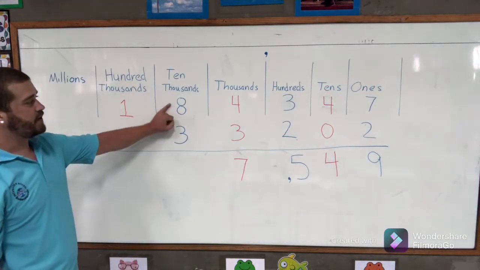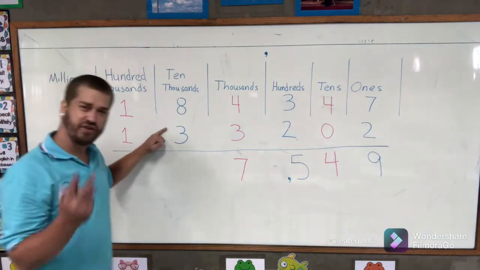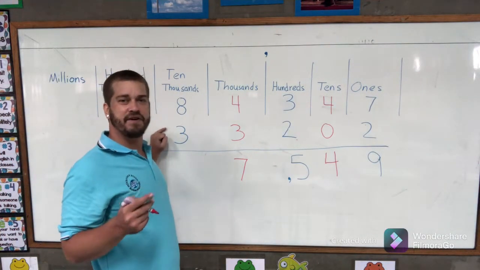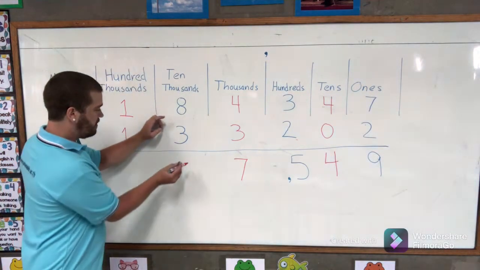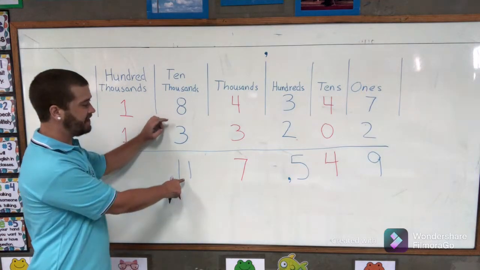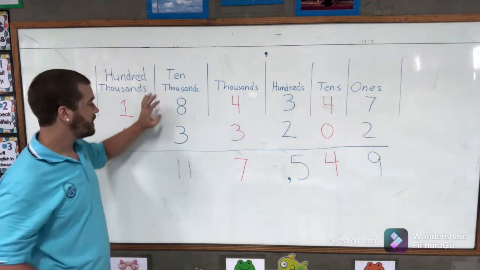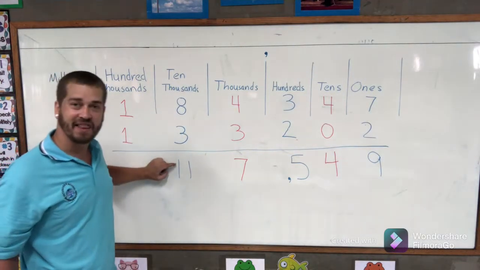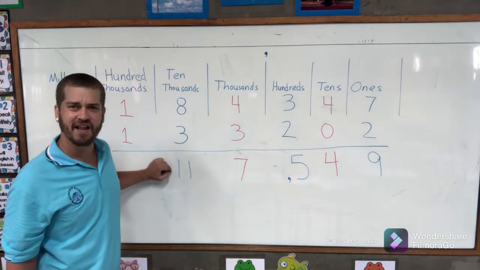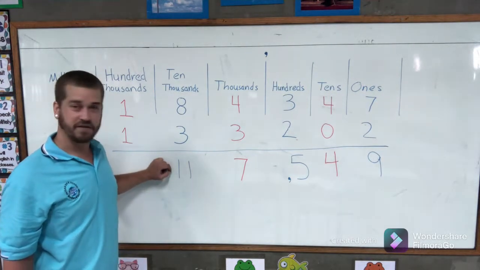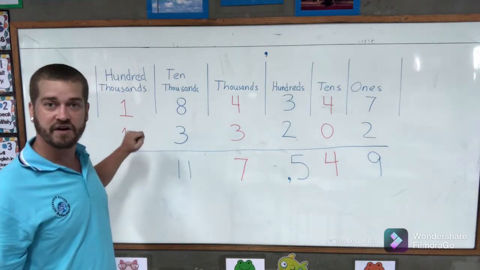And then we get here to our 10,000s. 8 plus 3 is a 2-digit number. What 2-digit number is 8 plus 3? Well, it's 11. But here's the problem with 11. We need one digit per column. Now, we wouldn't say 11 10,000s, would we? No, that sounds really, really weird. 11 10,000s. So this is the reason that we carry the 1 up to the next column, which is our